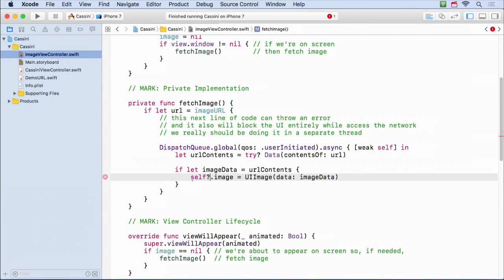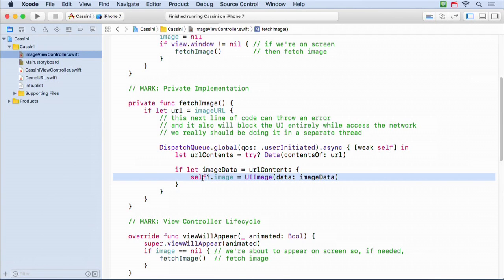So that means I have to do this, because if I do finally come back from this closure and the person has hit back, then the image view controller is going to have left the heap, and so self will be nil. Perfect, exactly what I want. And if self is nil and I do this little optional chaining, then this whole line of code is not going to happen. Exactly what I want. I do not want to create an image out of that information that came back, because that image view controller left the heap.